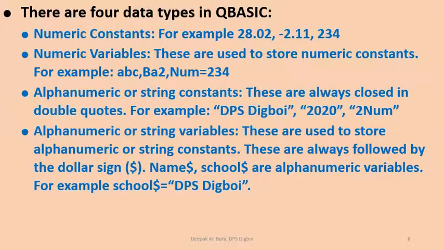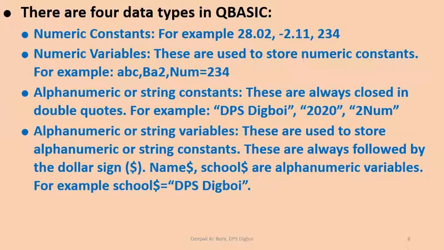So as discussed earlier, there are four data types in QBasic. First is numeric constant, second is numeric variables. Numeric constant stores the numeric values as a constant. Numeric variables, here we are using variables like ABC, BA2, NUM as examples shown here, which can store the